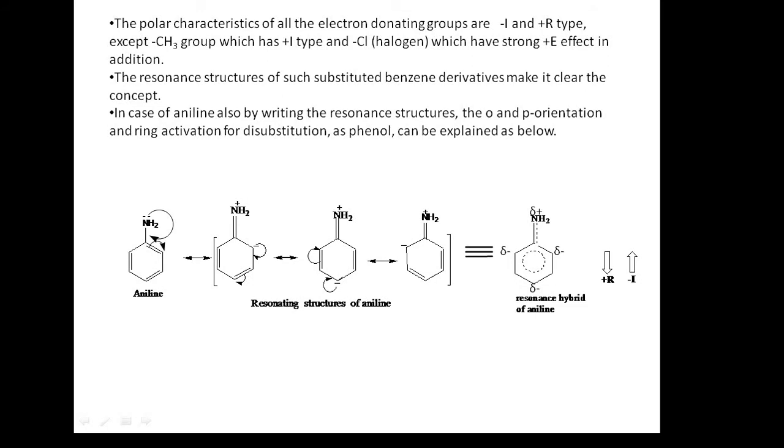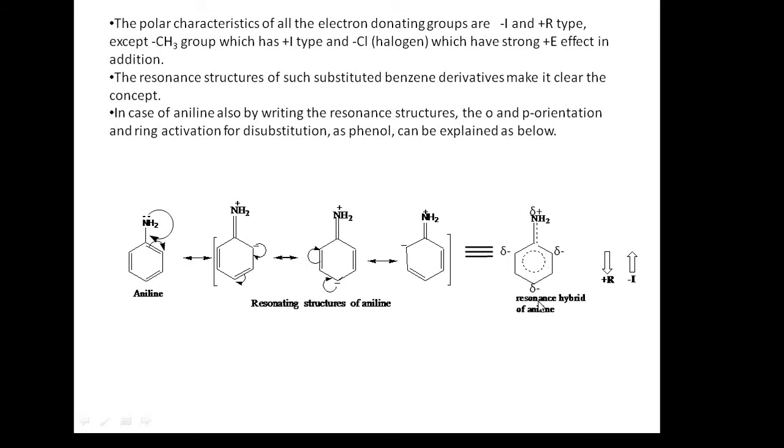towards the phenyl ring and gives the resonance hybrid having this structure, where ortho and para positions are relatively rich in electron density rather than the meta position, because the meta position is not involved in the resonance. So an electrophile coming near to the aniline will attack on the ortho and